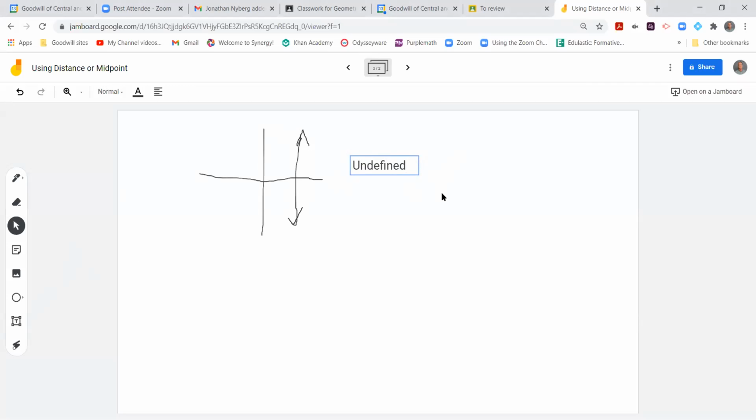Don't confuse that with the term infinite. This line has infinite rise, but zero run. Okay, so if I make that into an actual calculation,